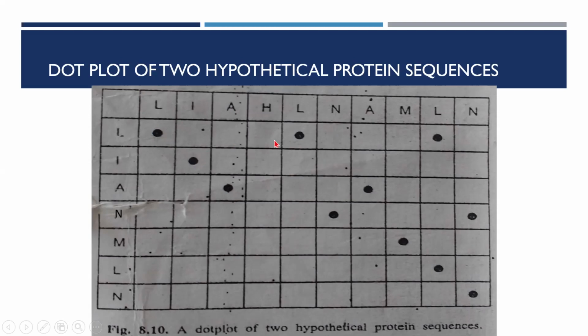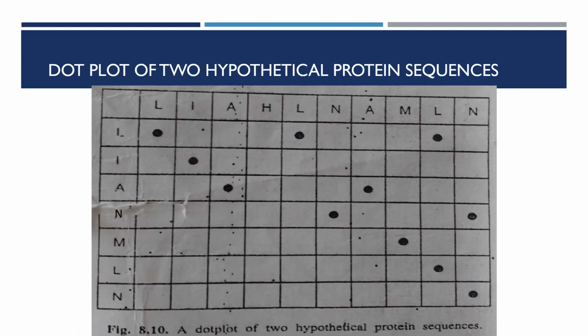Likewise, wherever the matches are there, dots are placed on the plot space. In case of consecutive identical characters, you will get diagonal lines of dots. This works very well for sequences of moderate or short length, but when you are comparing larger sequences, especially if they are similar to each other, the plot space becomes crowded or